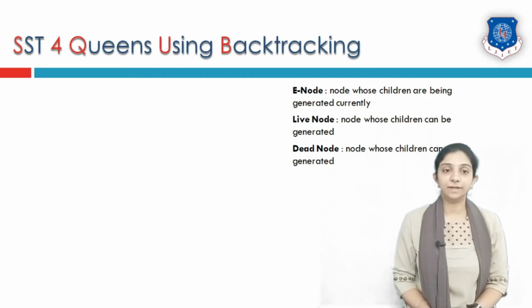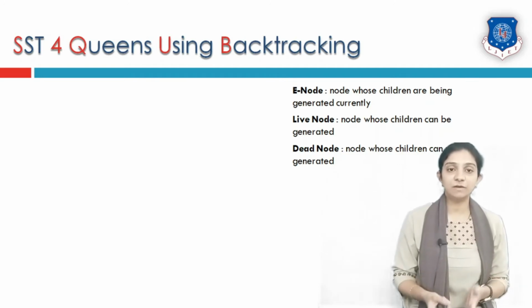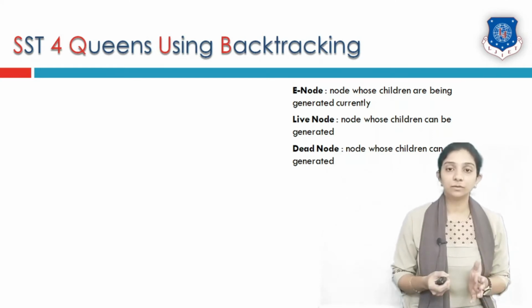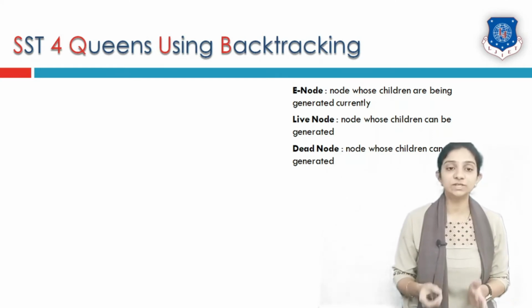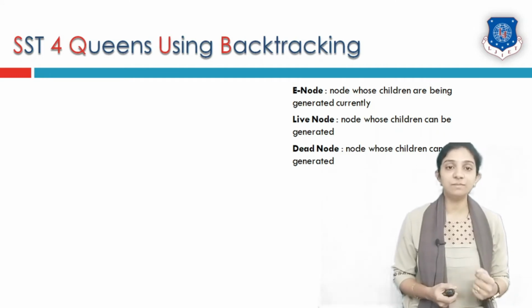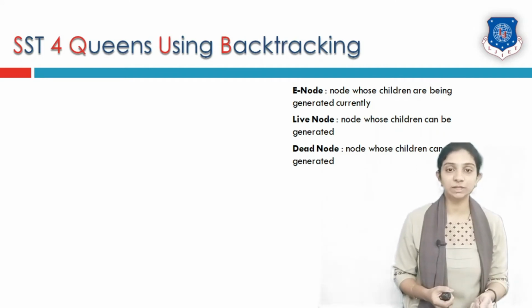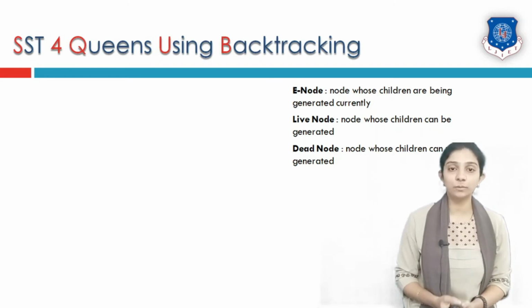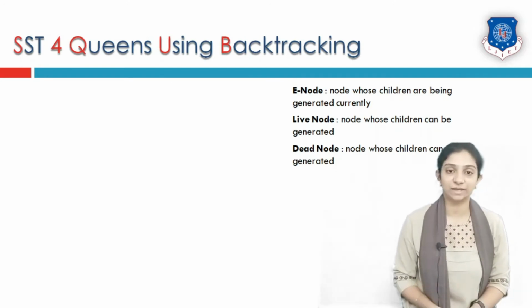Now we will generate state space tree of 4 queens problem using backtracking. The tree need not be generated fully. We just need to generate only those nodes that might lead towards the feasible solution. For that reason, we must have some bounding condition that will stop our growing our tree at some particular point. Let us start drawing state space tree of 4 queens problem using backtracking.